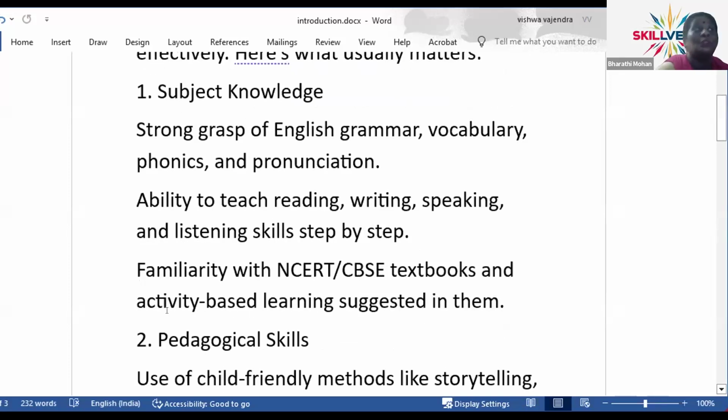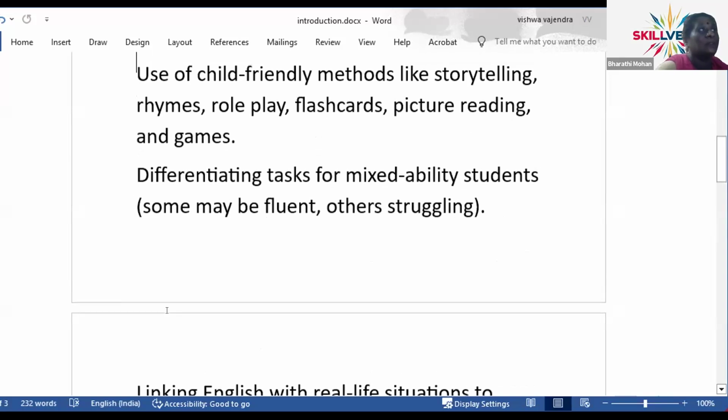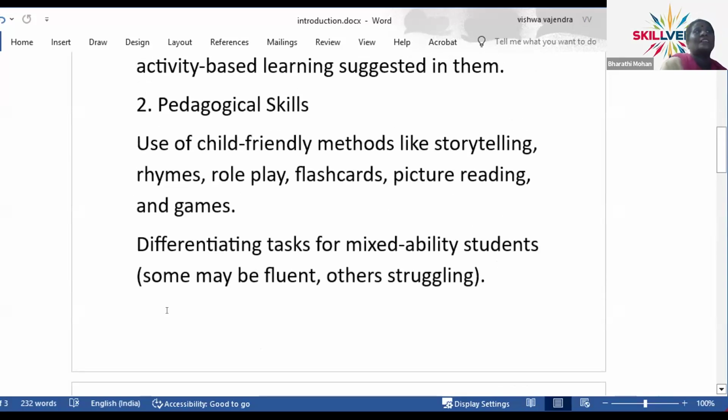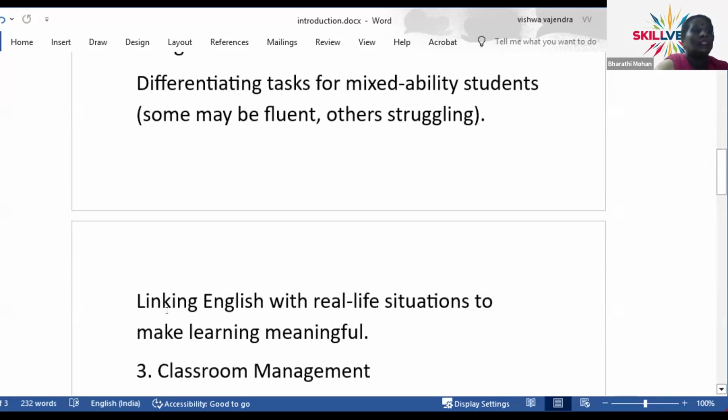class also matters. So this is where this pedagogy really makes sense, where we use various friendly methods of storytelling, rhymes, flashcards. On top of this, our behavior in the class or in the school also matters. So that is where they also learn. They start linking to real life